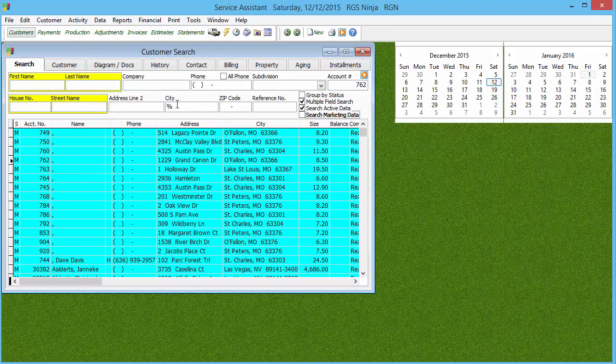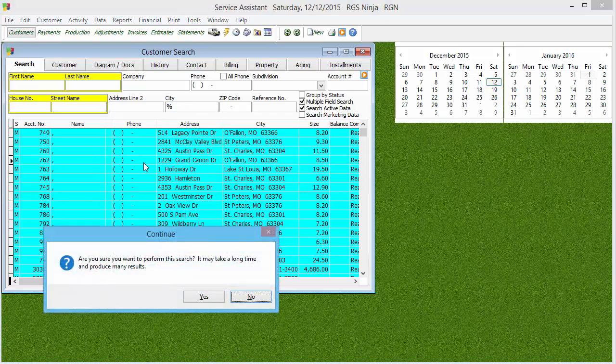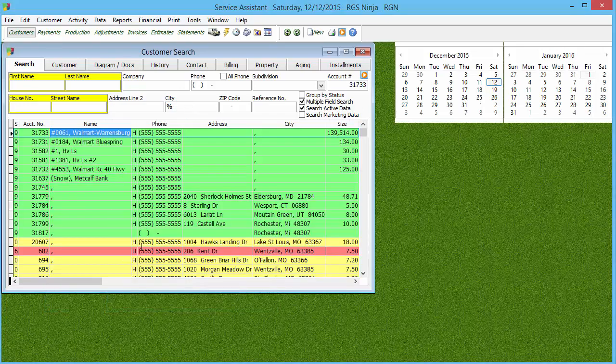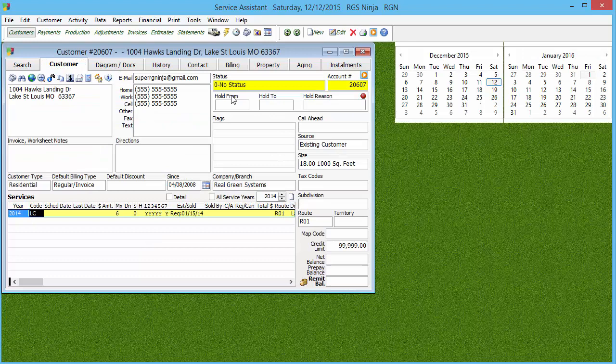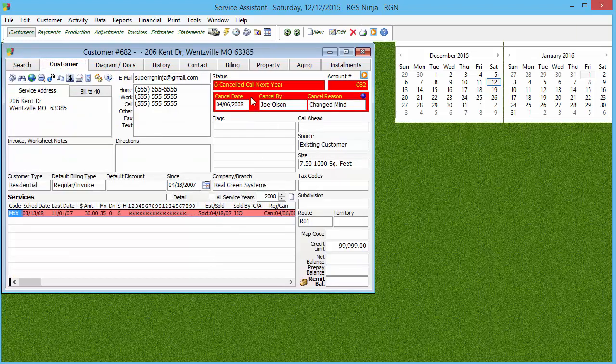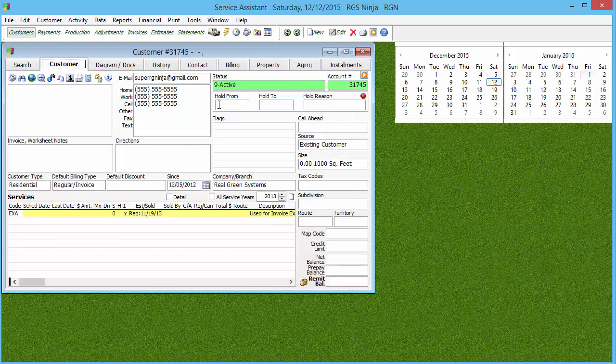Active data customers are customers in a 0 through 9 status. So you can have an active database customer that is a no status. You can have an active database customer that's a cancel status. You're not actively doing services for them, but they're active in that they're in the active database. Then you can have an active database customer that's an active customer.